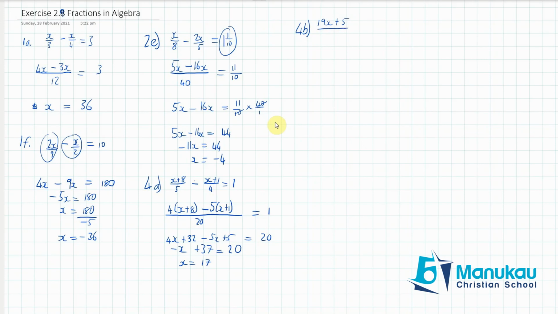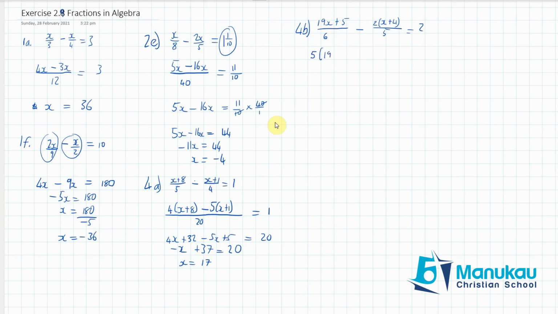19x plus 5 over 6, subtract from that 2 bracket x plus 4 bracket all over 5 equals 2. Again, cross multiply. I'm going to have 5